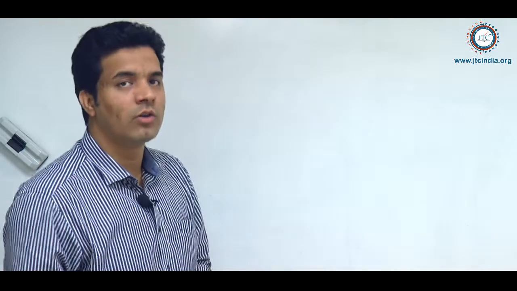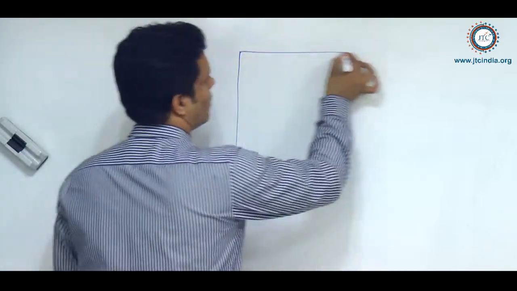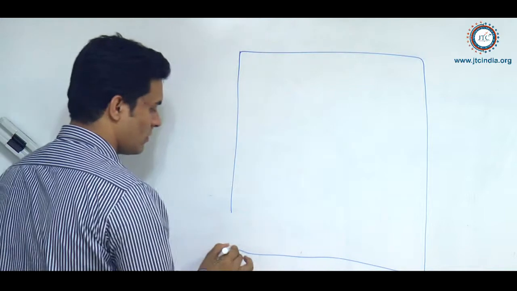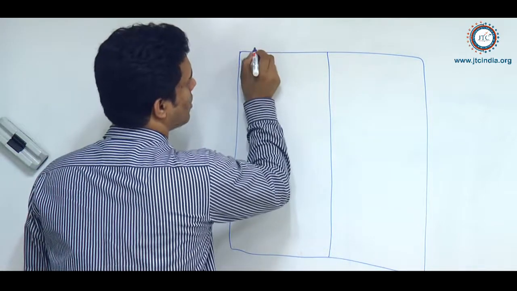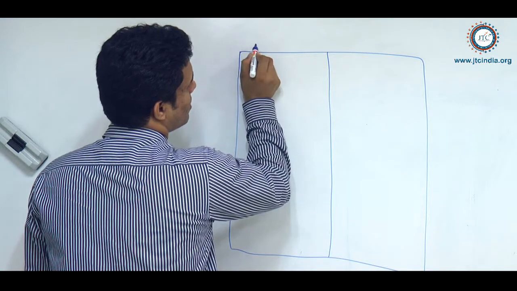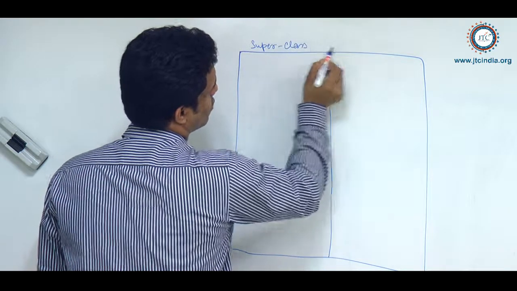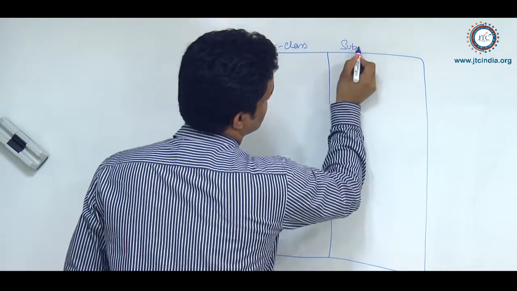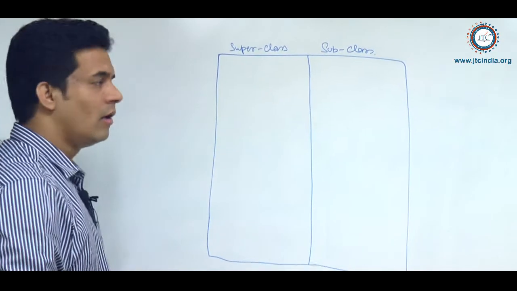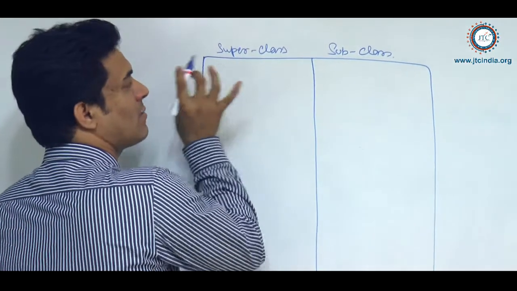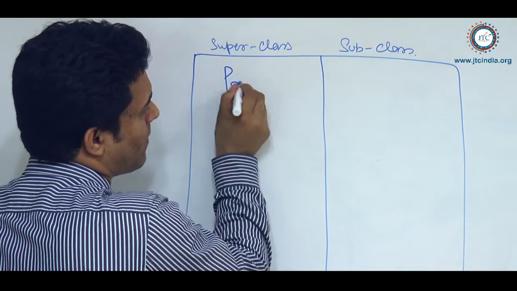So see here, I am drawing a diagram first. Here we write superclass, and here the subclass, fine. Now if your superclass method access modifier is private,